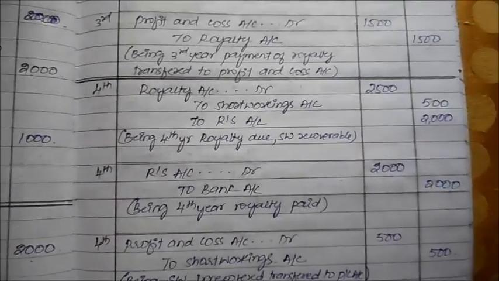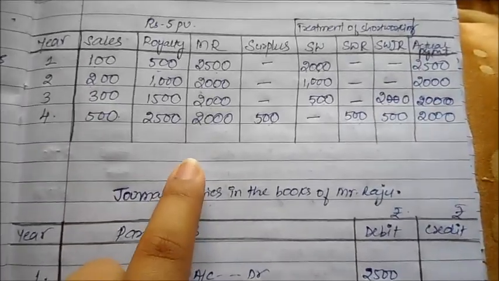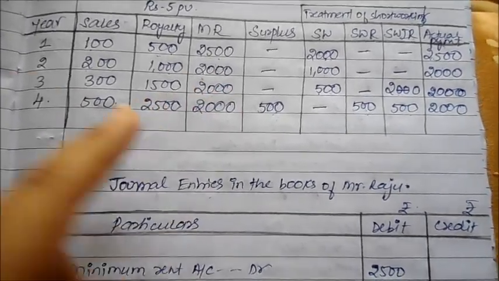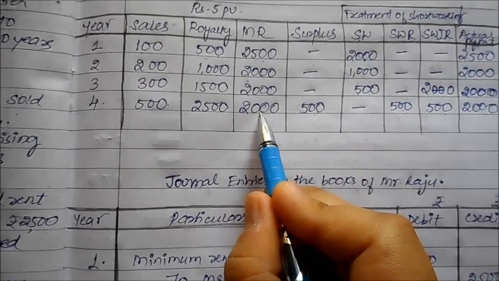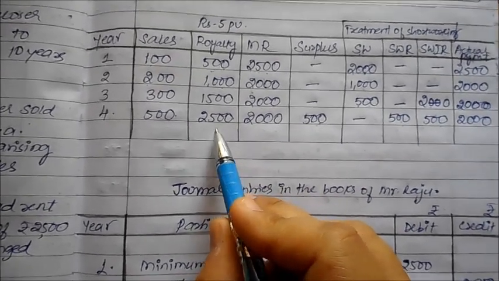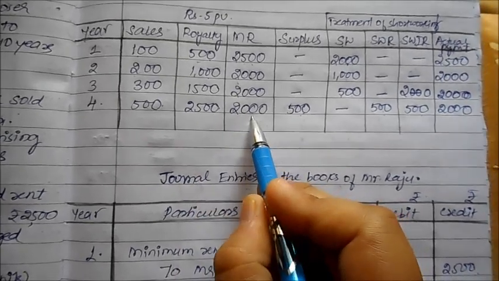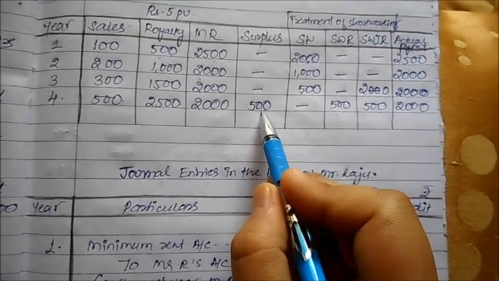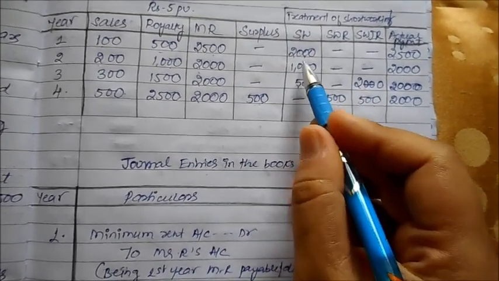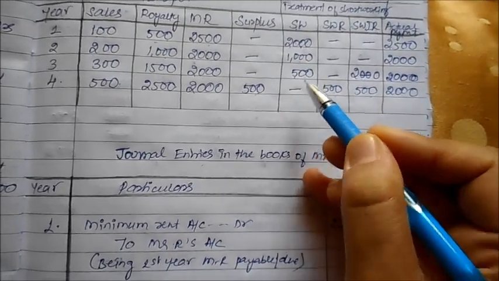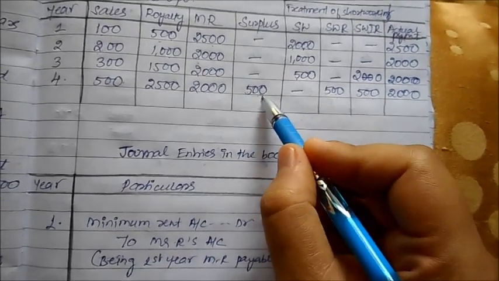Now when can surplus arise? Surplus can only arise whenever your minimum rent is less than the royalty. Correct? Whatever you had actually agreed from the contract, and depending on the production and sale, whatever you are giving is a royalty. If royalty is more than the minimum rent, only then you can have surplus. And if you have surplus, whatever losses have occurred in the previous years can be taken back. That means if I gave you extra here, I can recover it back in the next year's profit.